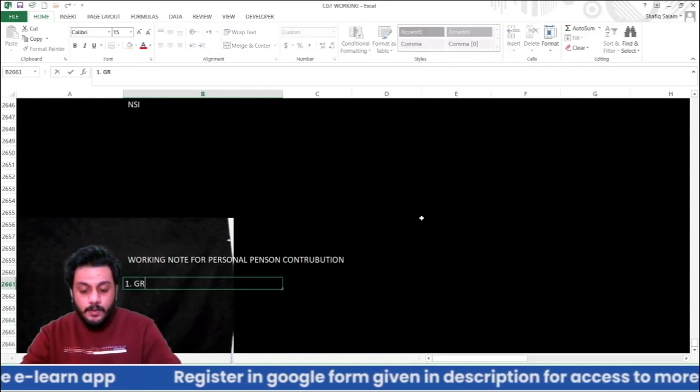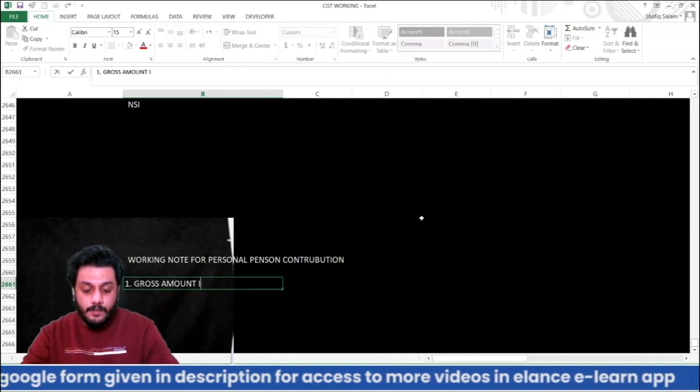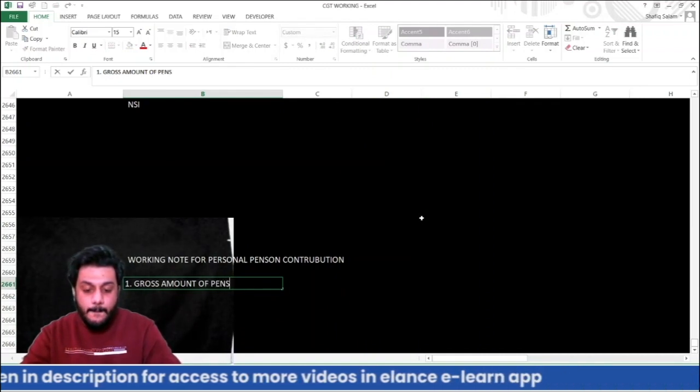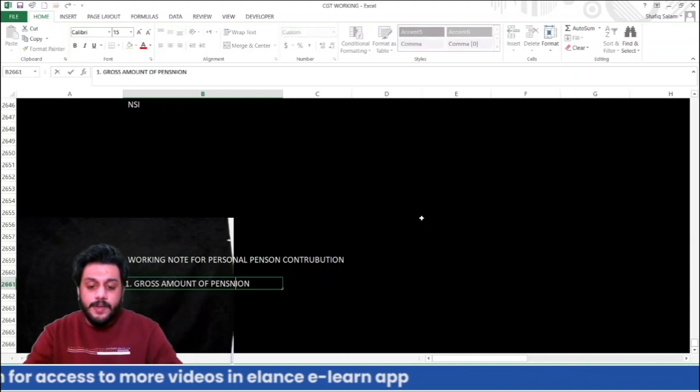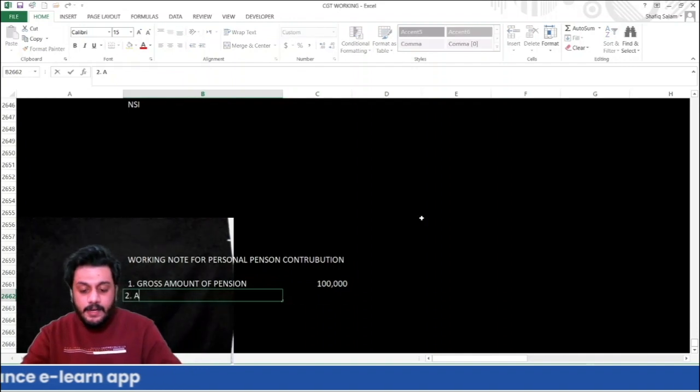First, gross amount of pension. Gross amount of pension is 100,000. Second is adjusted net income, which is